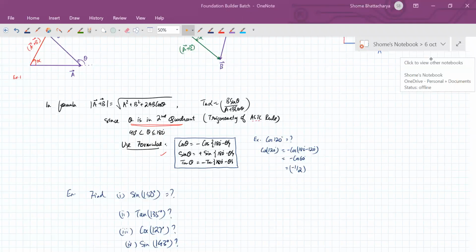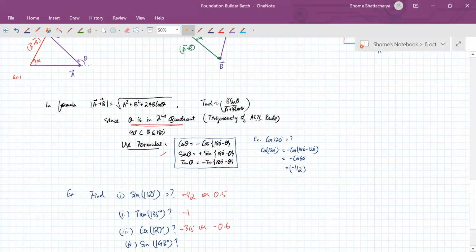Yeah, Rupesh, correct for the fourth one. So I'm just giving the answers first, and you can all verify. Most of you got this correct. The first one, the answer will be plus half. You can just write it as half or 0.5 or whatever. Second one, the answer will be minus 1. Third one, the answer will be 3 by 5 with a minus sign, or minus 0.6. And fourth one, the answer will be plus 3 by 5 or plus 0.6 or just 0.6. So you can leave the answer this way.